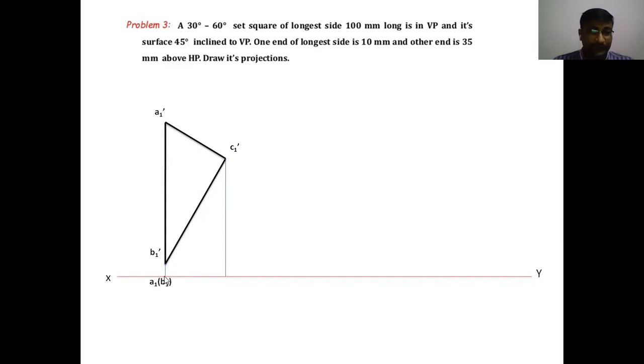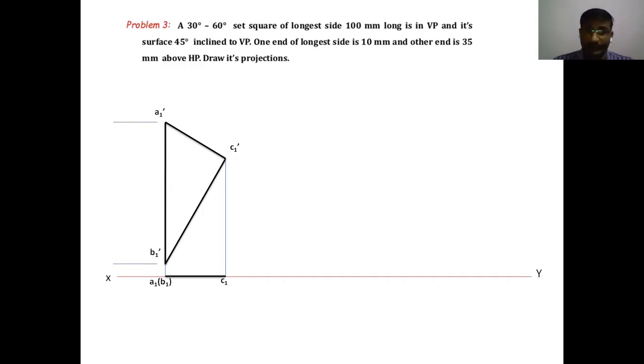You have to locate like this. And this point is the C1. By joining these points with the dot pencil, that is the top view of the set square. When we're looking from the top side of the set square, when it is parallel to VP, it looks like a line. Okay, this is the true shape front view, and the top view is a line.